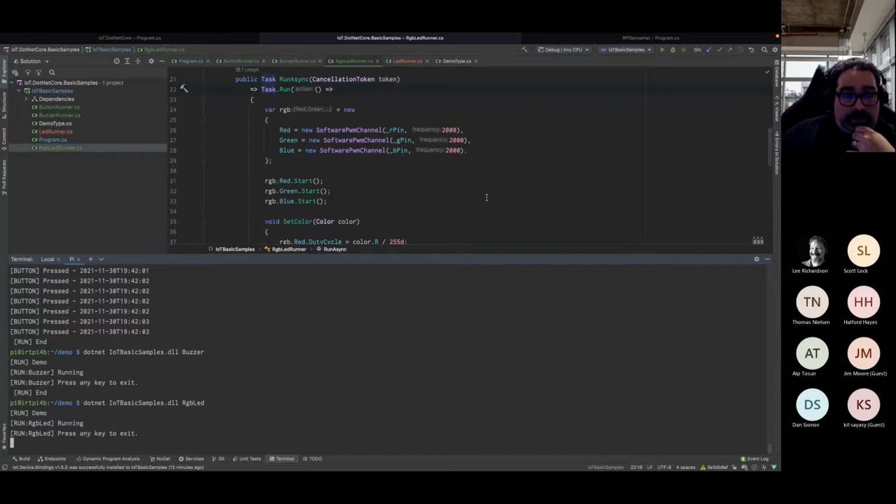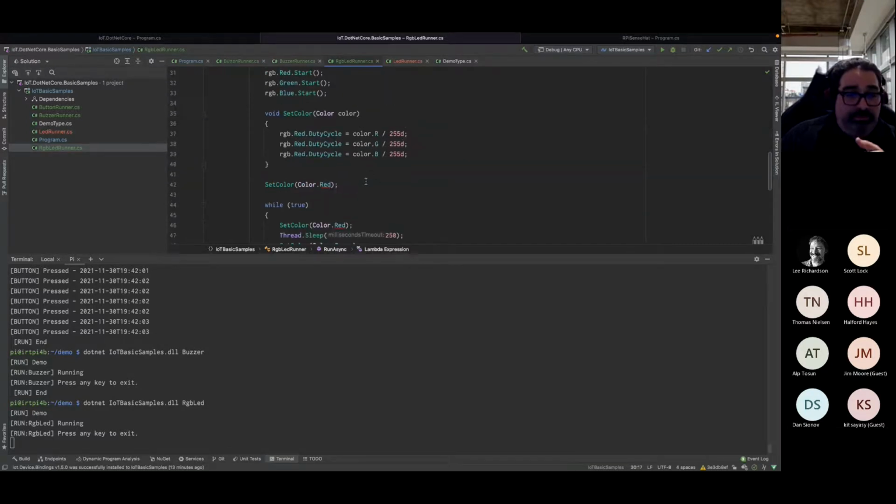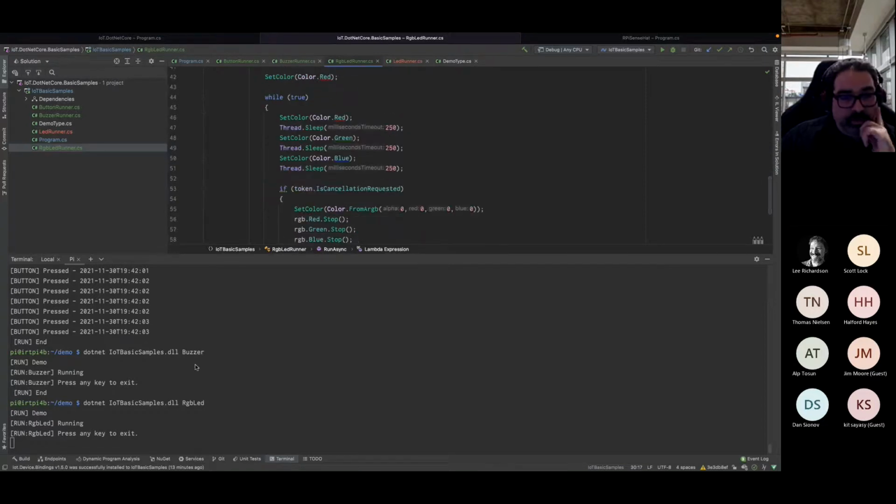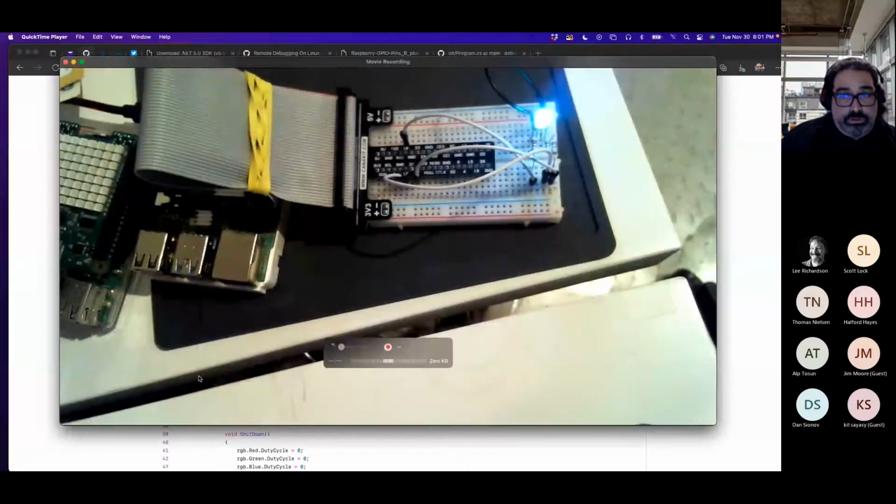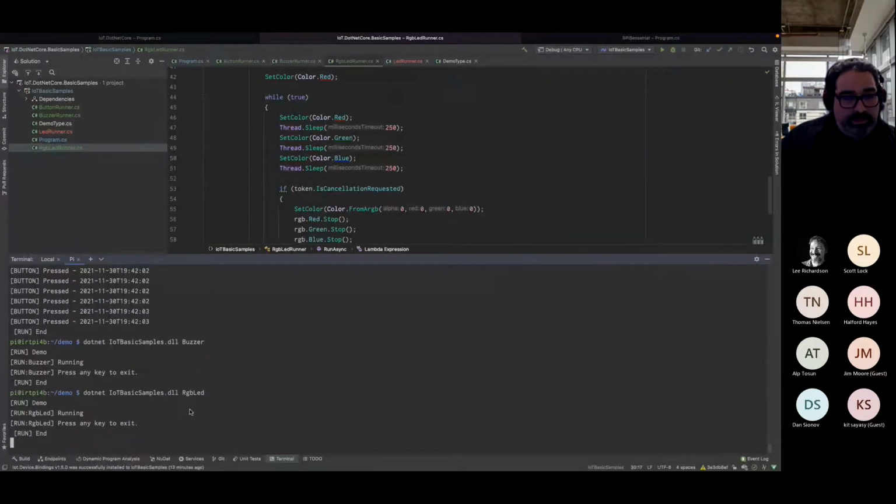So the reason I think they didn't do this: if you look for software PWM channels, this is the demo you will find in their documentation. There's a lot of little stuff all over the internet in terms of documentation. Sometimes you sacrifice the simplest implementation for documentation purposes. So this is not exactly what they have, but very similar. So I'll just go ahead and turn that off and hopefully it cleans.